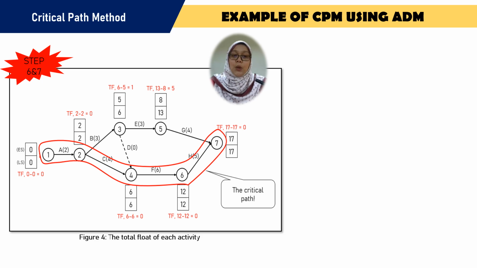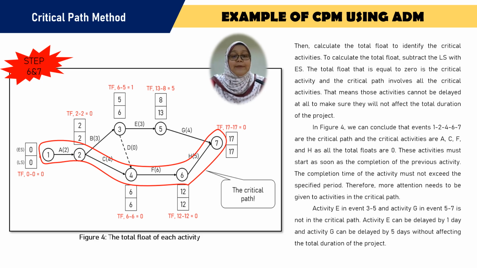Then we go to the final step, which is step 6 and 7, where we have to find the total float or the slack time. When the total float is equal to 0, it indicates the activity is a critical activity. So we can see from figure 4,